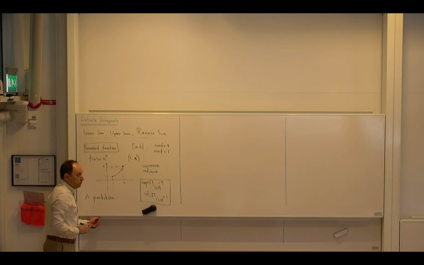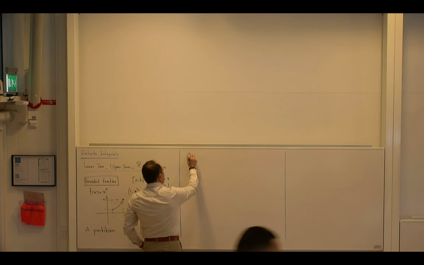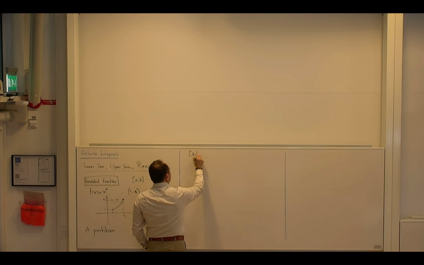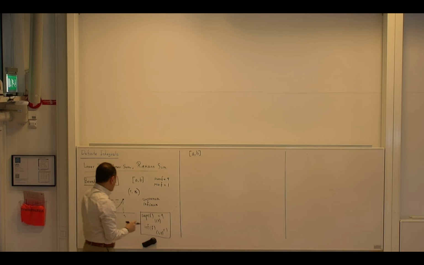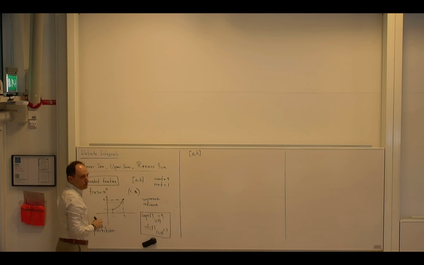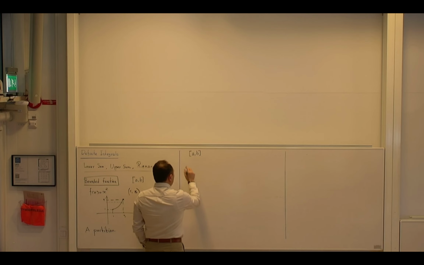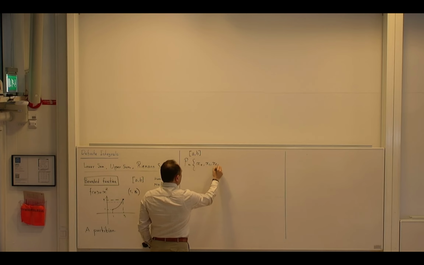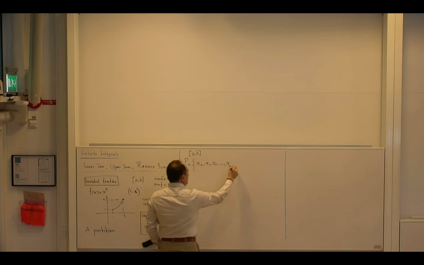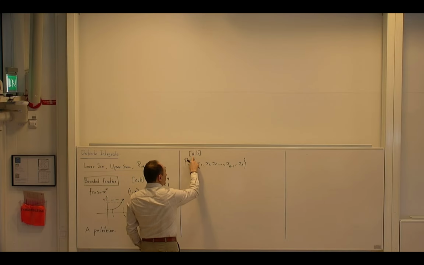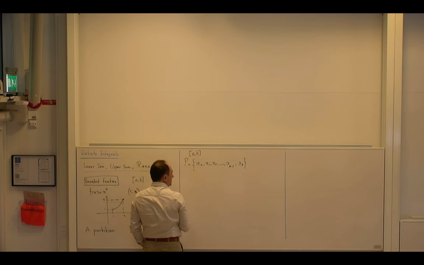So, what is a partition? So here, now what I have is always a closed interval, and I can talk about a partition of a closed interval. What do I mean by that? It is a set like x0, x1, x2, up to x sub n minus 1 and xn. When I talk about a partition of a closed interval, I mean a set of this type, so that the first element is a itself,